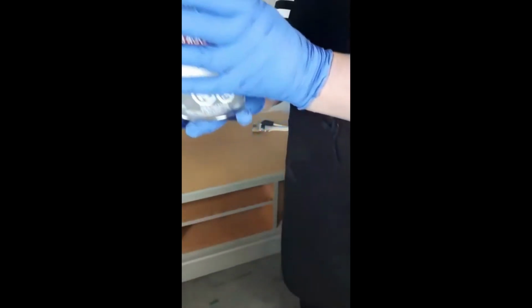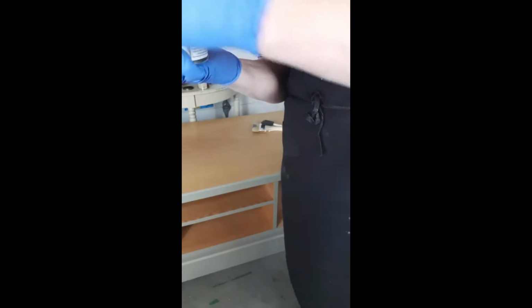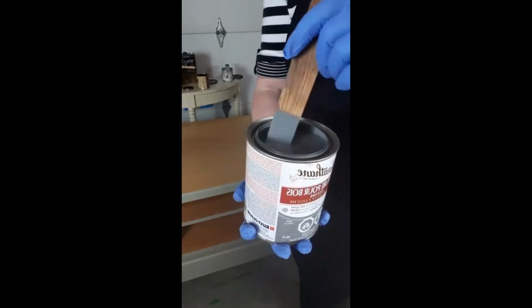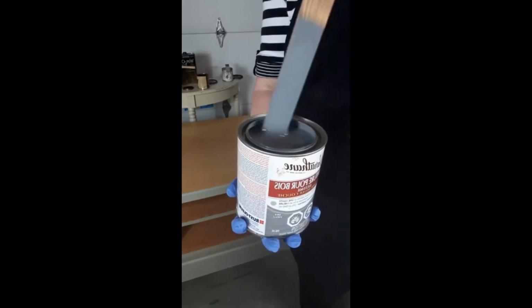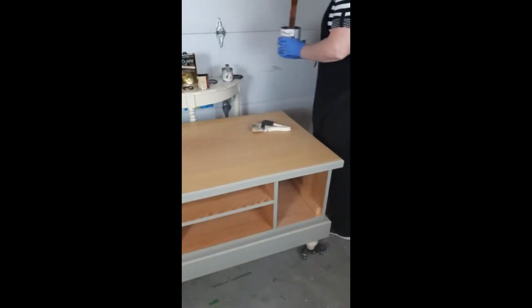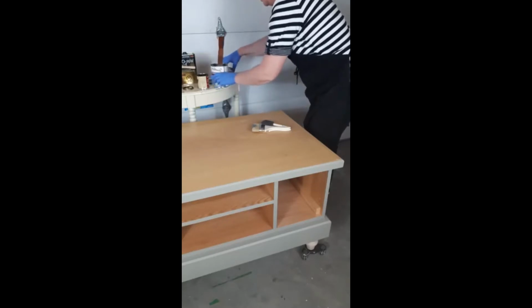What's the name of this one? Ultimate Wood Stain. I don't know, it just says Ultimate Wood Stain in gray. So this is the gray, but look how runny that is, right? And I've stirred it. You always want to stir your stain every time you use it. Look how runny that is. It's super runny. But it says one coat, and it says it's got its own primer, so I'm hoping that's